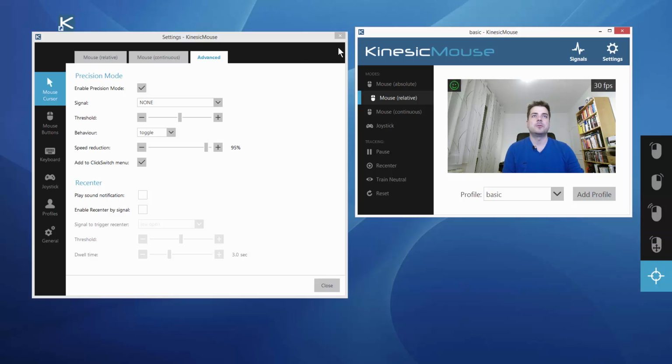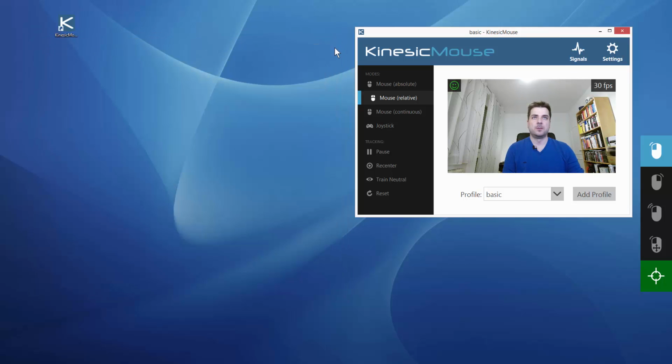Let's say I want to close the settings window here. Now it's active, and I can switch to the left click, perform it, and get back out of the precision mode. The same works with click and drag.